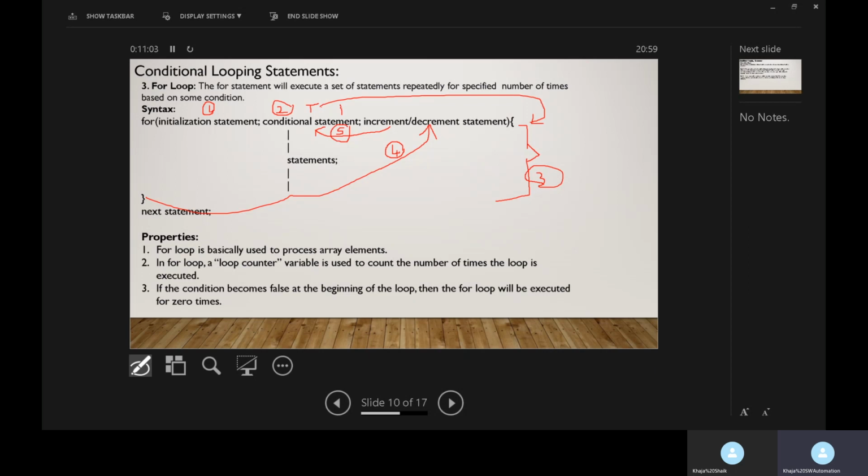If the condition becomes false, then the for loop will be terminated and the control will be transferred to the next statement after the for statement. This is step 6.